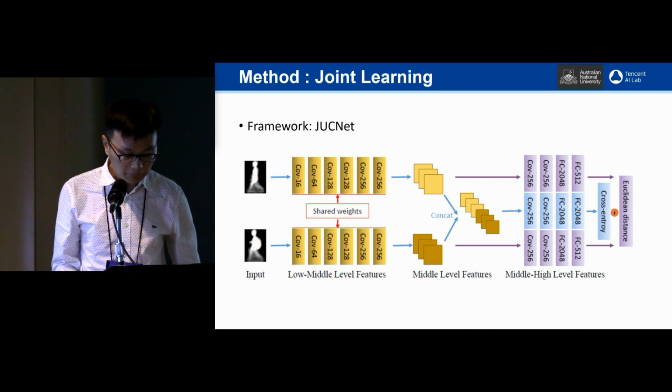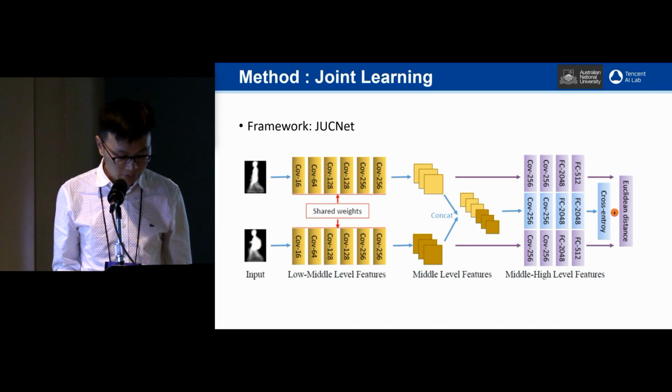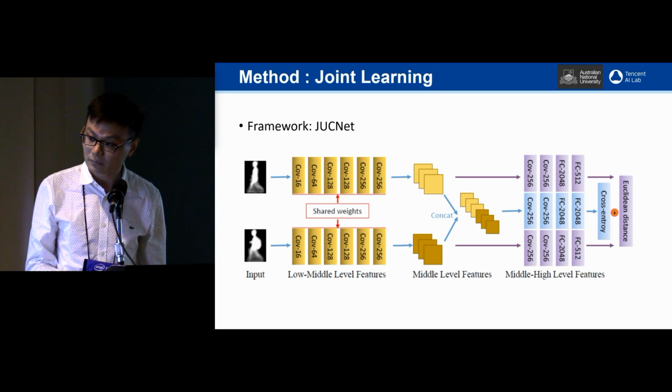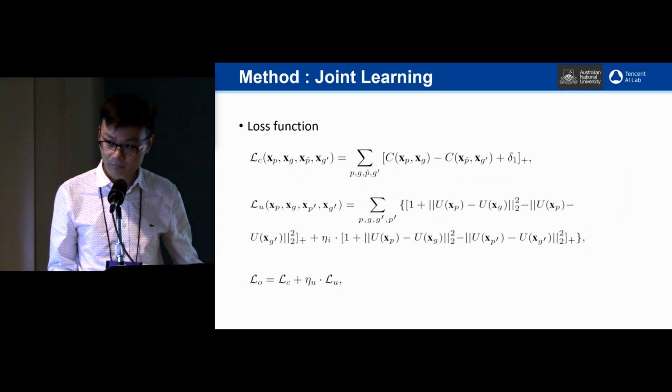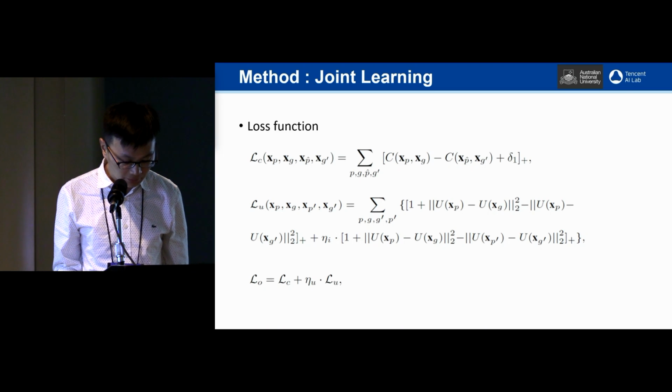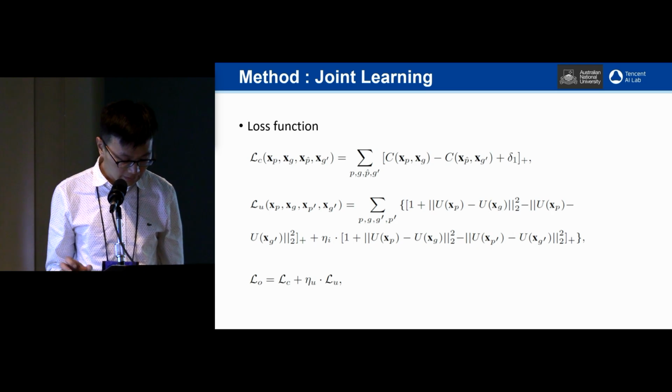This is our basic framework, which is named GUC-net, Joint Unique and Cross-Gait Net. The input is a pair of gaits. There are 3 output branches, 2 corresponding to unique gait representation, and 1 for cross-gait representation. The proposed GUC-net is updated based on 2 kinds of representations, and the overall function is a combination of the 2 kinds of losses, the unique loss and cross-gait loss, which is shown in these slides.